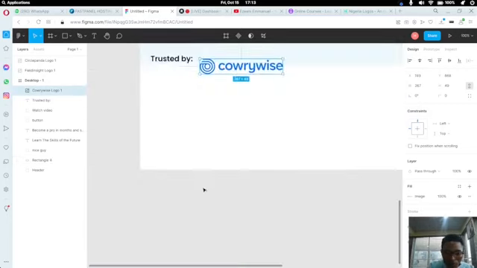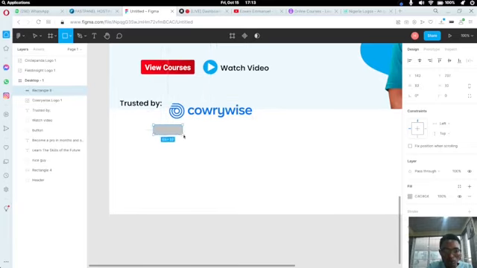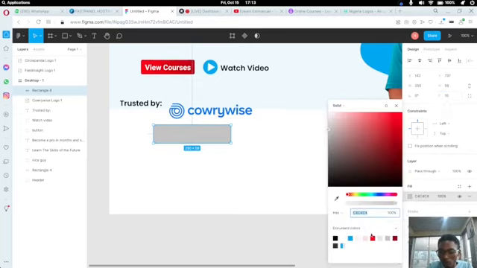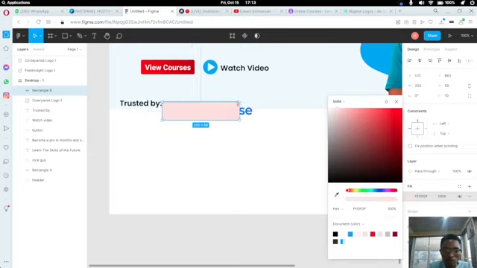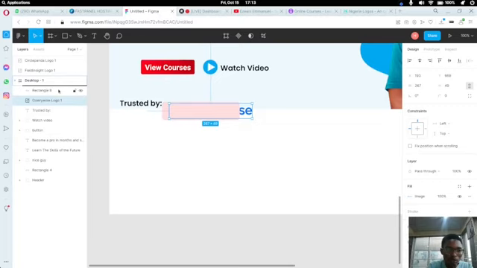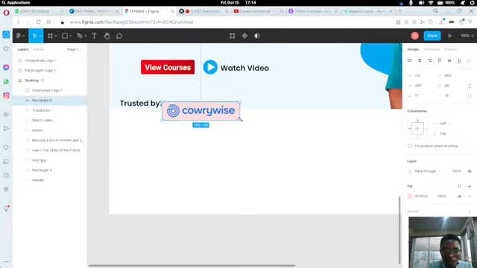So should we give it a background? Let's give it a background, a sort of red background. Let's give this a 10 radius border. So that one slightly red background. So just make this like this. Put Cowboy Rise logo on top. Doesn't make sense. You guys should tell me. Does it make sense? Is it making sense? I don't know if it's making sense, but then